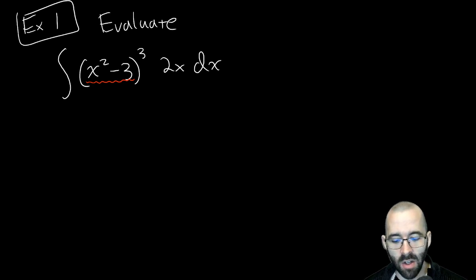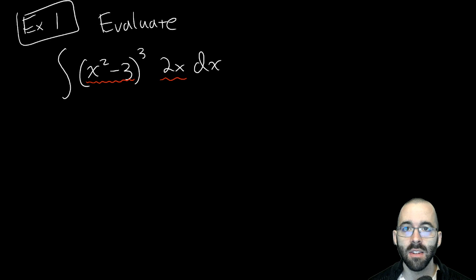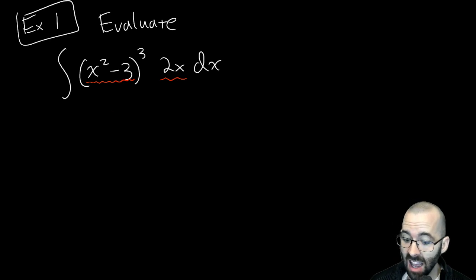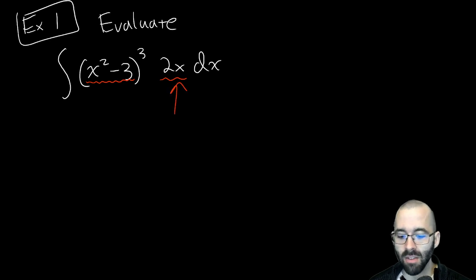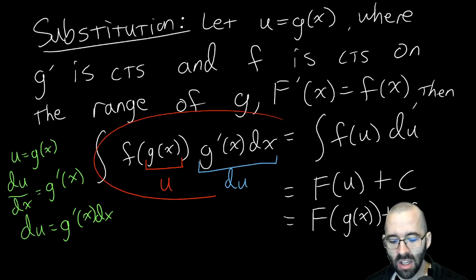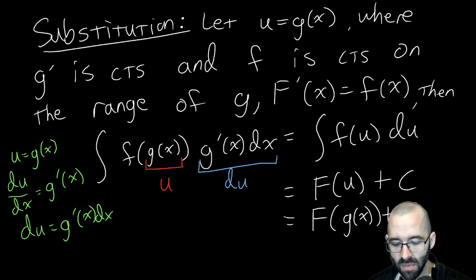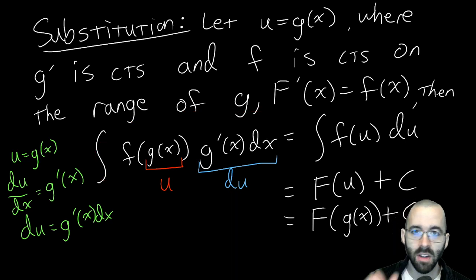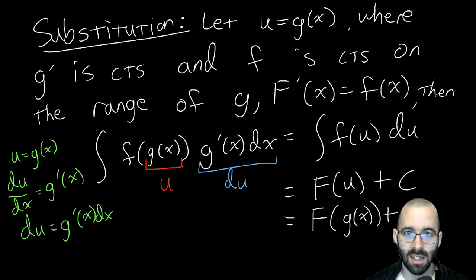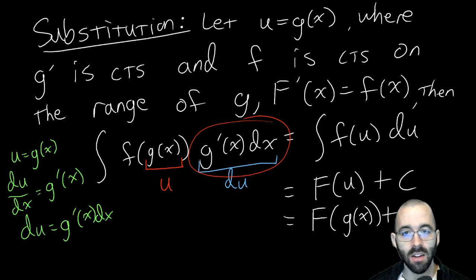But we notice a relationship between these two red things. If we guessed that this was u, well then look, that's the derivative. And that's what we're looking for when we're using substitution: trying to choose a good u. With practice it becomes easier, but it is not obvious at any stage. Well, obvious is subjective, but it's not guaranteed at any stage. But we want to choose our u so that there's a u prime